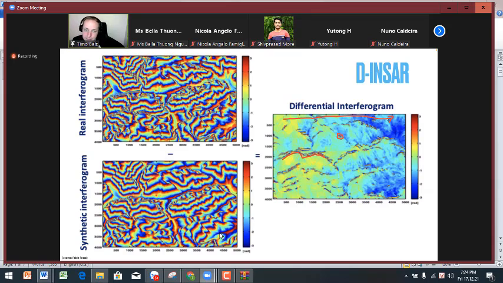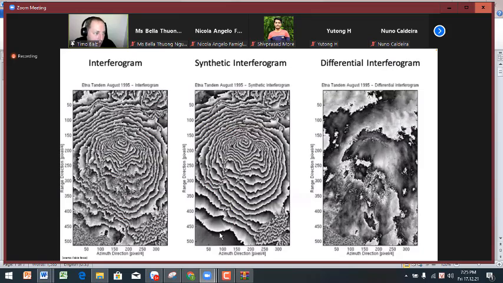The problem is now in the interpretation. Right? We have the measurements, but how to interpret them, you see, it's not that easy, even in that rather beautiful and simple example that I show you here. Again, here, Etna